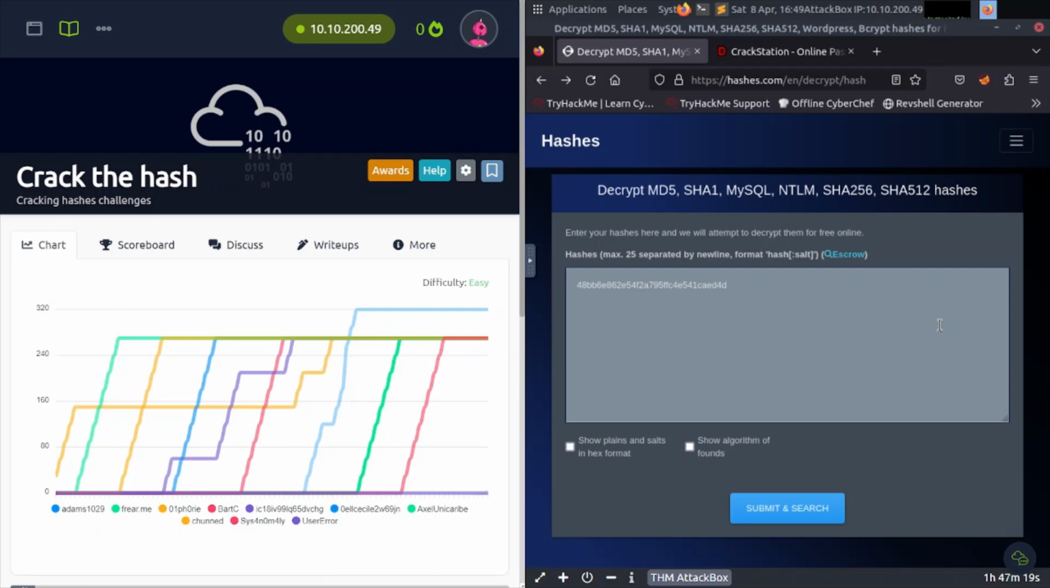Ready to take a look at some hash cracking with this room here called Crack the Hash, Cracking Hashes Challenge. Without further ado, let's go ahead and get into it,